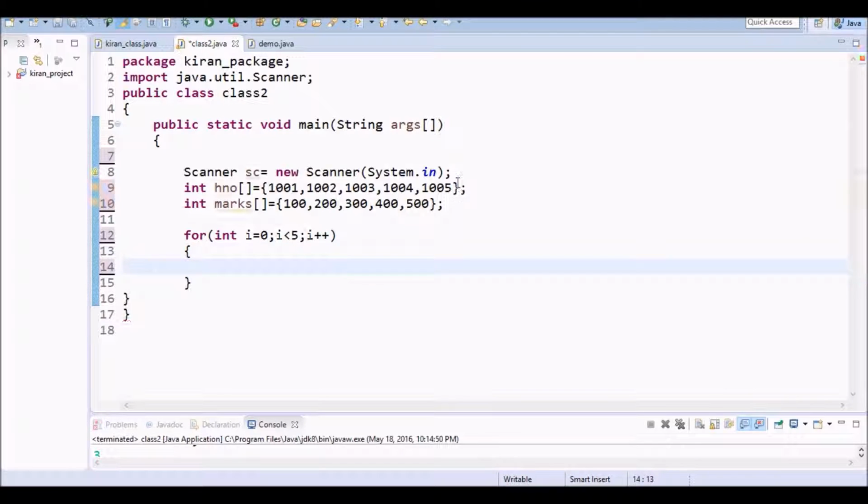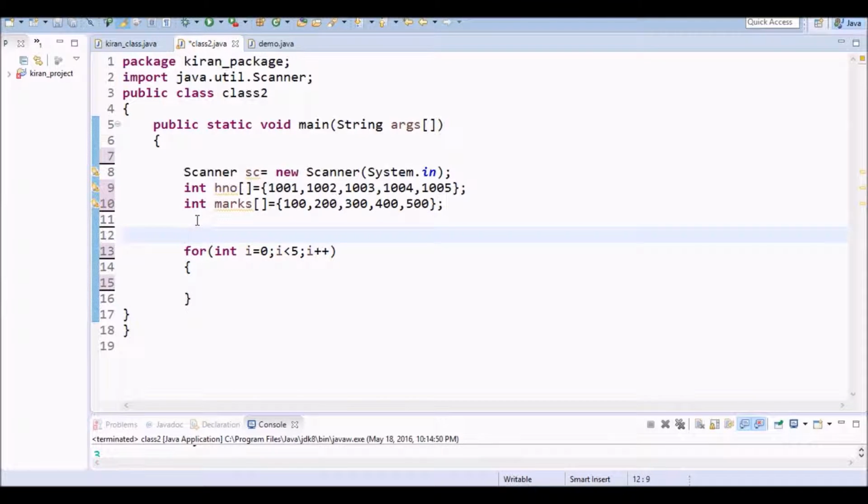Now I want to enter the hall ticket number. System.out.println, enter your hall ticket number to get your results.